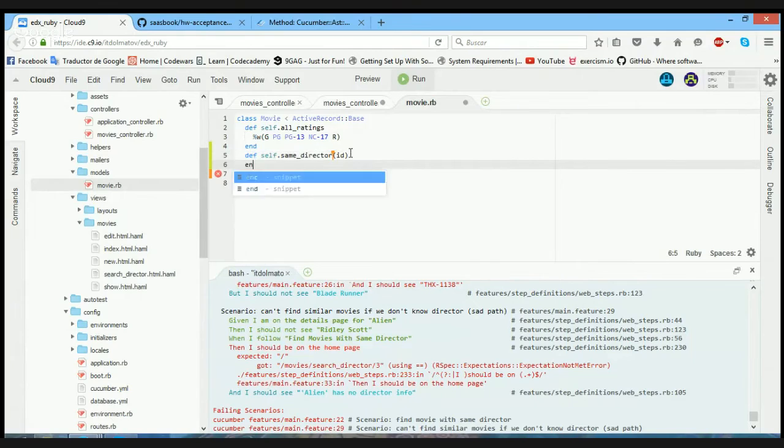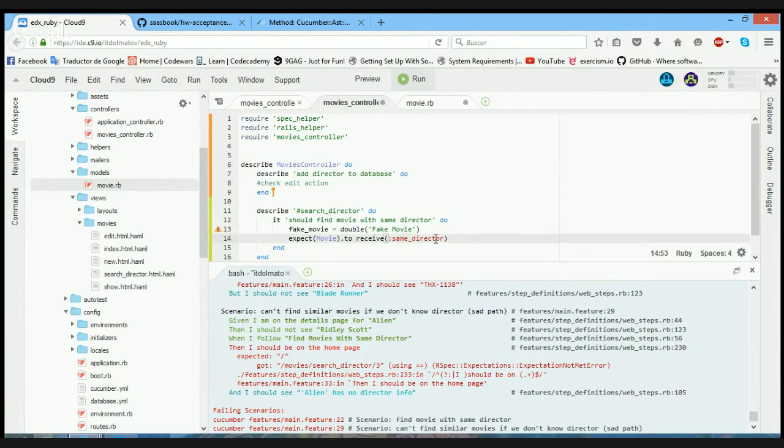And I think how we get it, maybe Movie.find(id).director. I guess this will work, but I don't remember. Well, we could even leave this blank for a moment just to pass the test in the controller. So I expect movie to receive same director